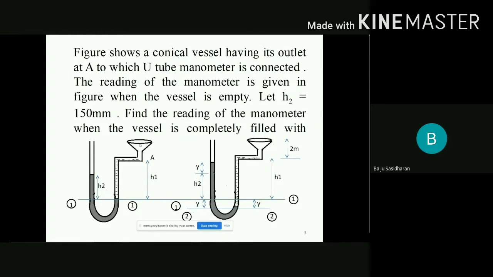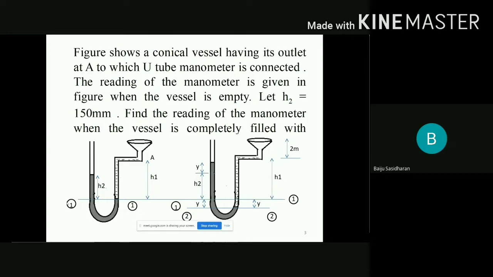At that condition, what will be the level of liquid in the manometer, and according to that, what will be the pressure on both sides? That is what the first figure is indicating. The manometric fluid has the density ρ2. And the density of the liquid at the right limb is, say, ρ1.